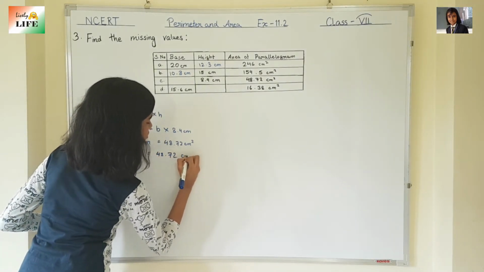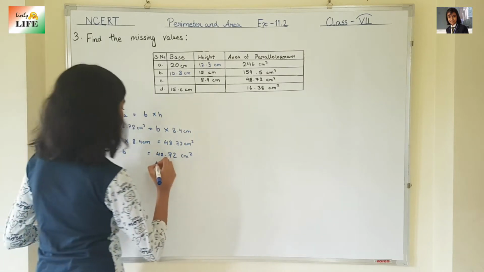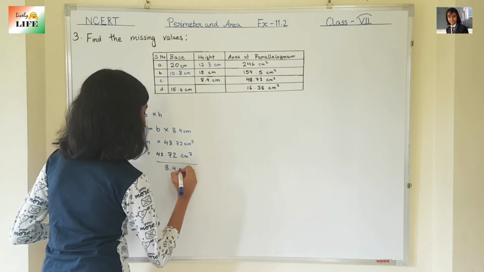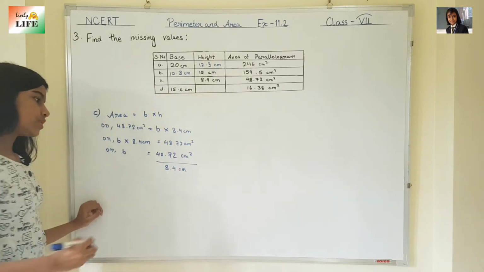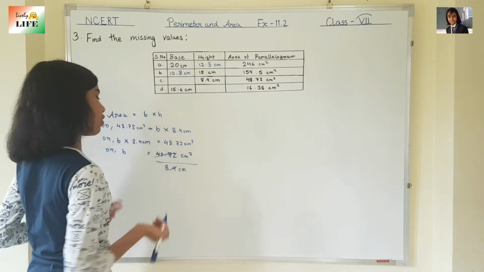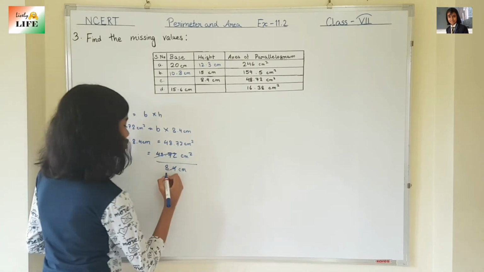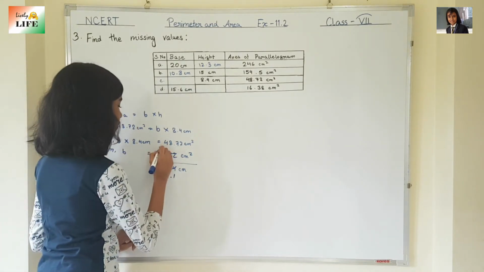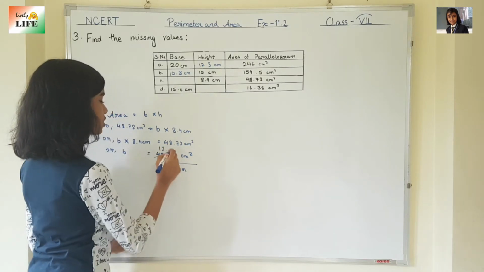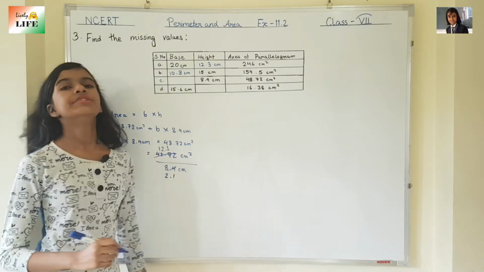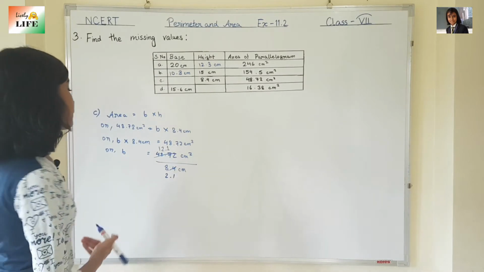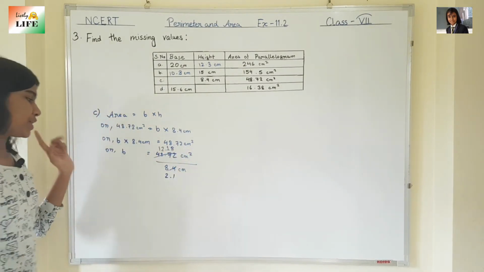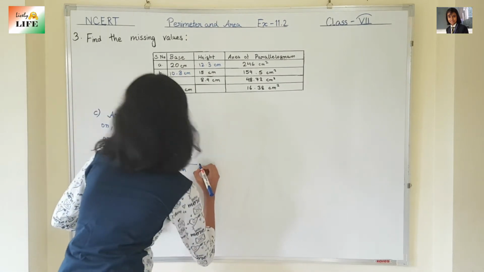48.72 centimeter square by, right, because here was multiply, here will become divide, 8.4 centimeter. Now let's divide it by 4. So 4 2s are 8, 4 1s are 4. Here 4 1s are 4, 4 2s are 8, 4 1s are 4, then 5 6 7 32. So 4 8s are 32, right? 12.18 by 2.1. Let's write it again.